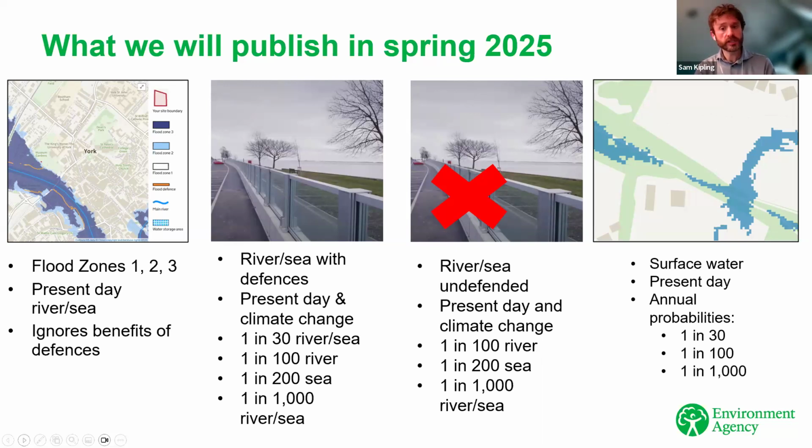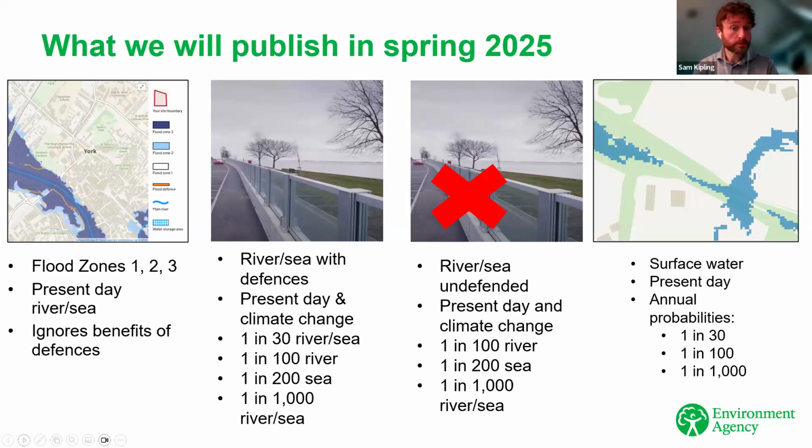Undefended river and sea flood extents will also be provided for both the present day and a climate change scenario. To map the possible impacts of climate change on future flood risk from rivers and sea, we followed our own climate change allowances guidance and selected a scenario and a time horizon which will be sufficient for most residential and commercial development types. It should be noted, though, that for some development proposals, additional climate change scenarios and time periods may still need to be assessed.